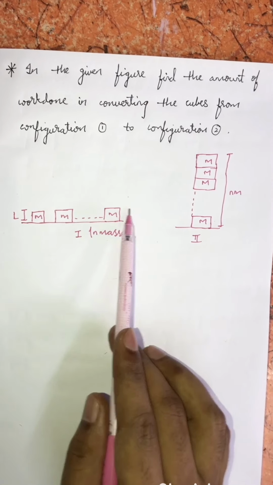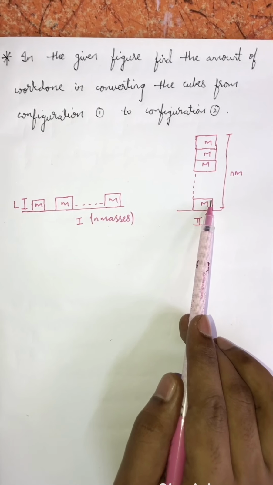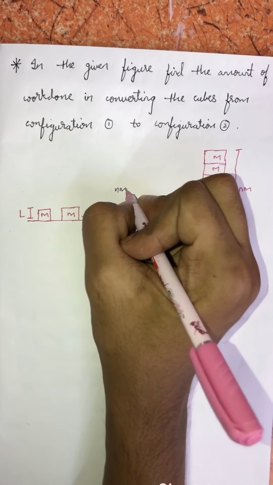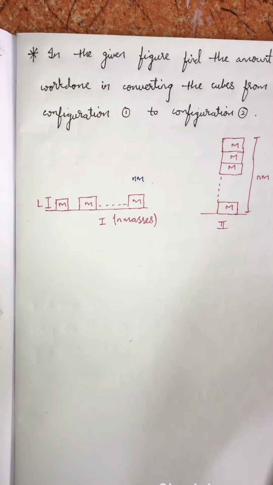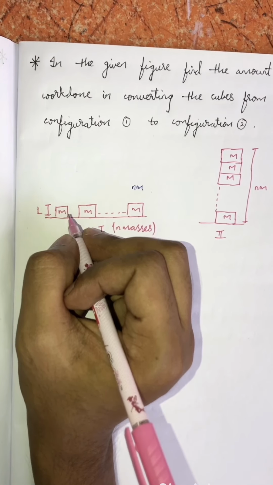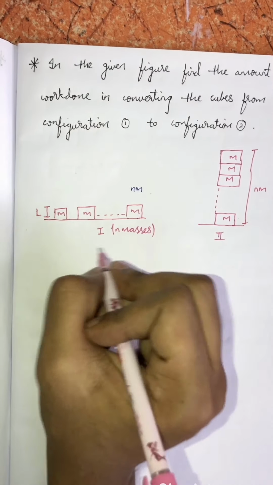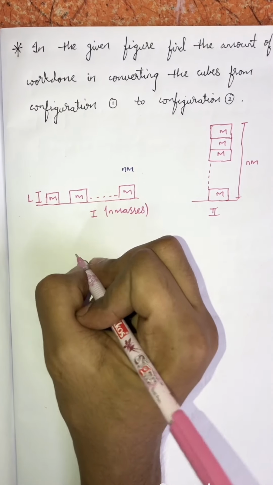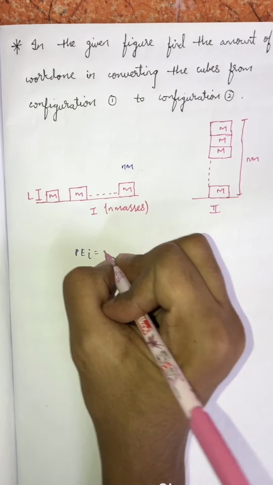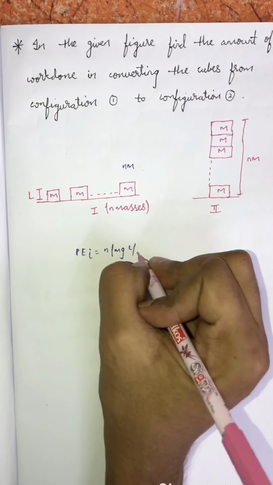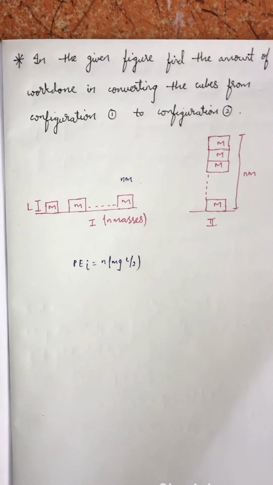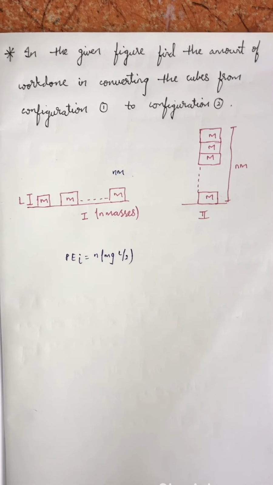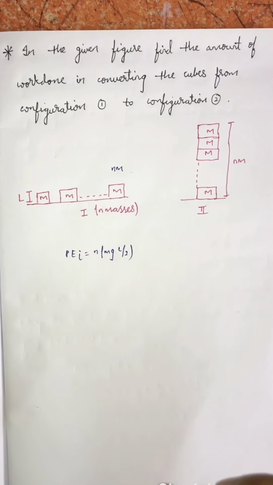So here n number of blocks of mass m, and they have even given the length of the block, so the center of mass lies at the level of L by 2, so the initial potential energy will be equal to n times mg L by 2. Whereas in all the problems before we considered the mass of the block as a point mass and did not consider the length, but here the length is given, so we are taking the center of mass of each block at L by 2, and n number of blocks are given, so nm, and